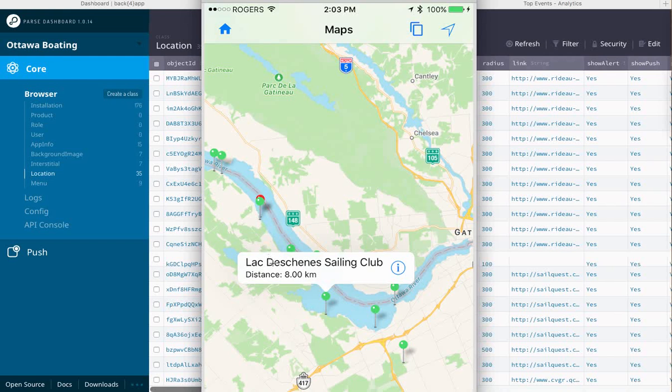If you select a pin, there's a title of the pin, the distance you are from that pin, and if you select the eye, it will actually go to a URL of your choice. This would be great for setting up a game of some type or a tournament where users will have to go to a particular location where they're informed to go to the next location, etc., until such time as a